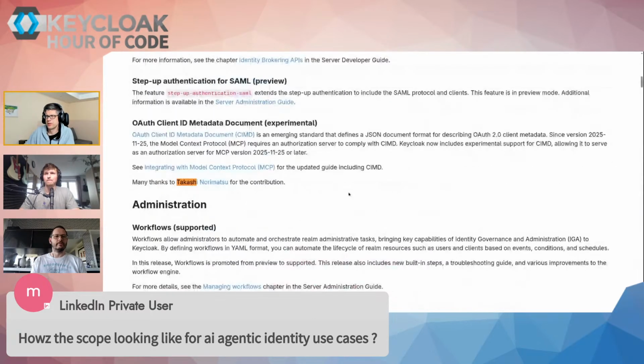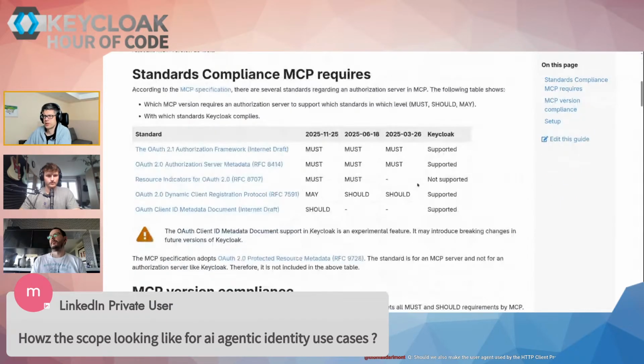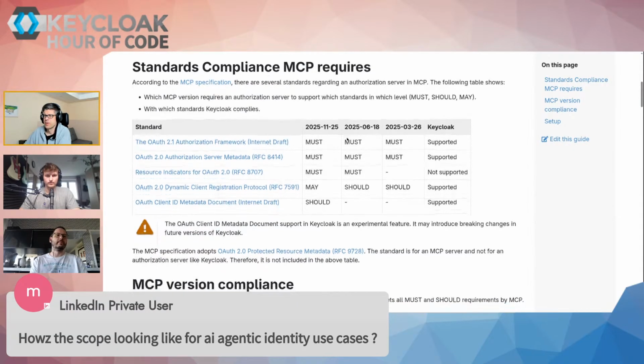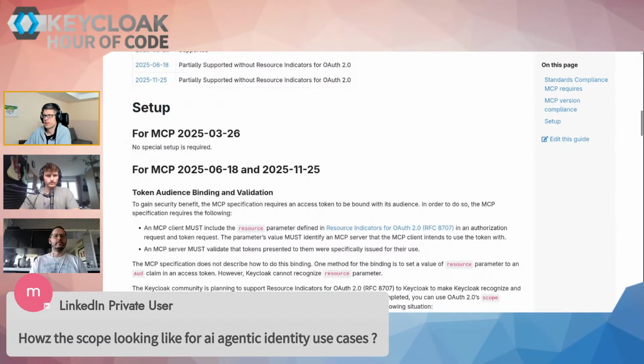Takashi was adding more support for the MCP protocol. We actually have a dedicated page for that. I'm now switching to this other tab here. There are different versions around, the latest one being, to my best knowledge, from November last year. And this is changing in each release, getting more and more parts supported and enhanced. And with the latest 26.6 release, you will see